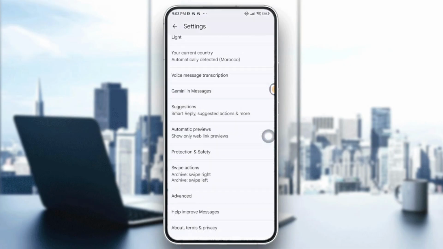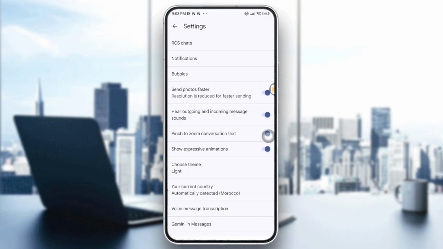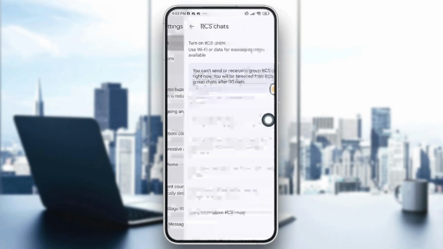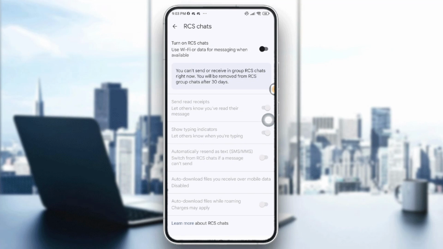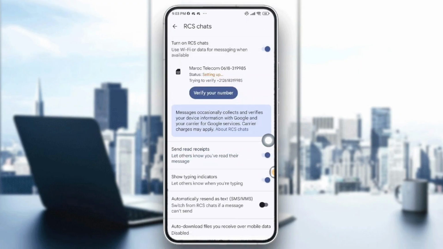Okay, so right here you have too many settings to be changed or to be updated. So right here I want you to go into RCS chats and tap on it. It's on the top of the settings, and right here as you can see it's off. I want to turn it on, so it's just by one tap on that black option. So by tapping on it,